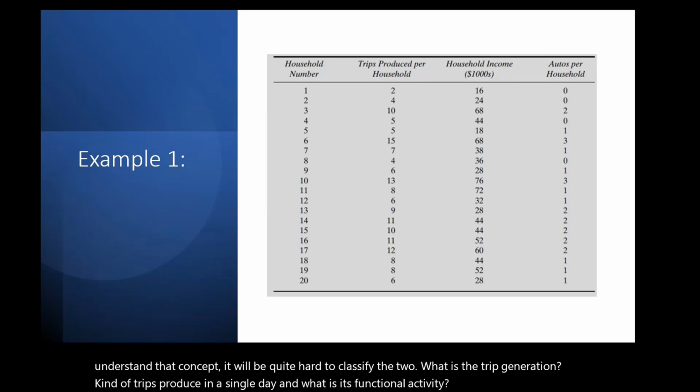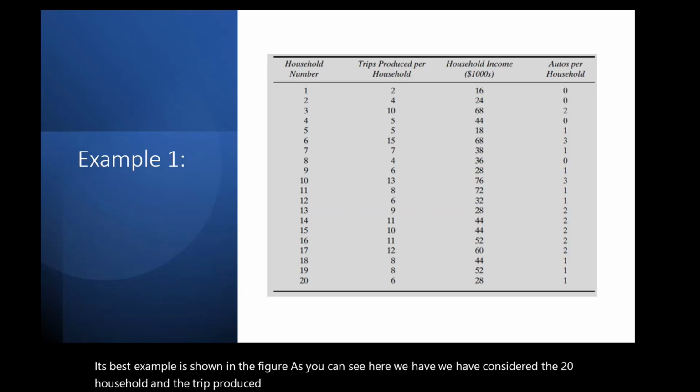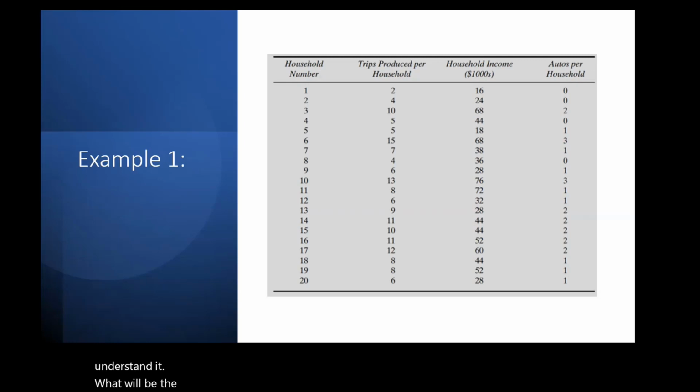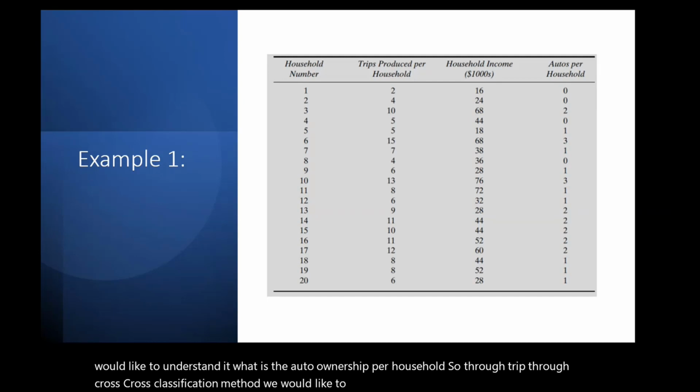Its best example is shown in the figure. As you can see here, we have considered 20 households, and the trips produced per household are again different. And we would like to understand what will be the household income within $100 plus. So we would like to see that. And we also would like to understand what the auto ownership per household is. So through the cross classification method, we would like to know, to evaluate, or to draw such a type